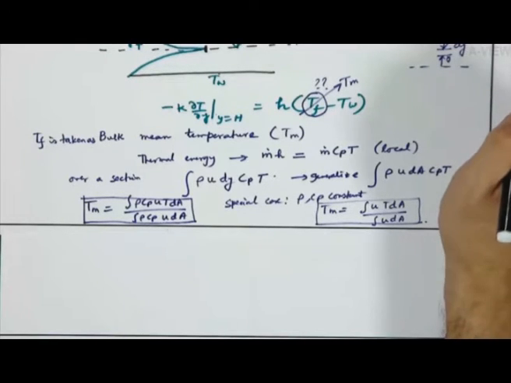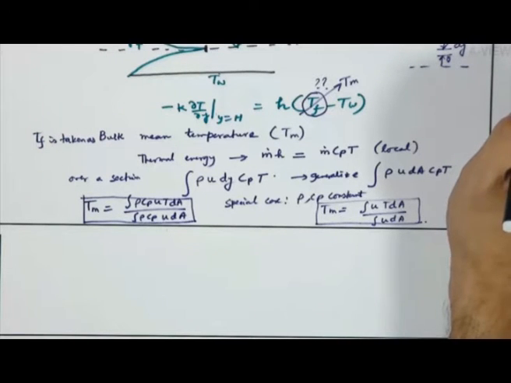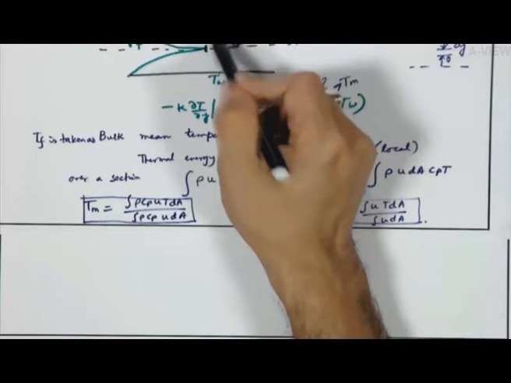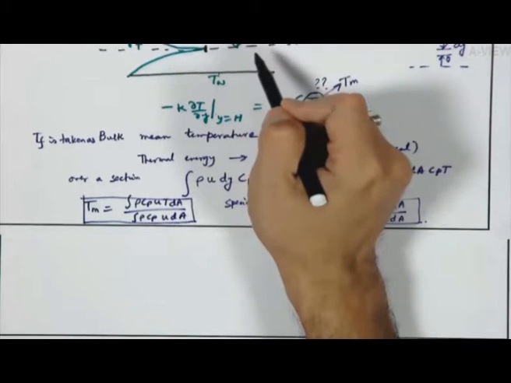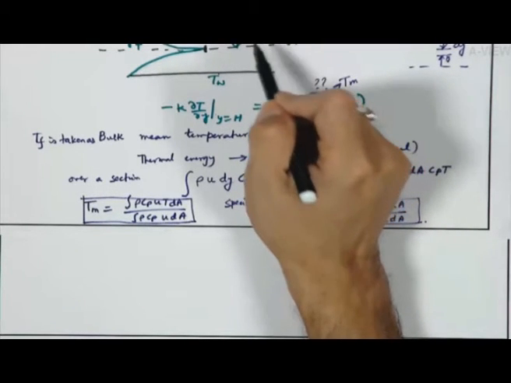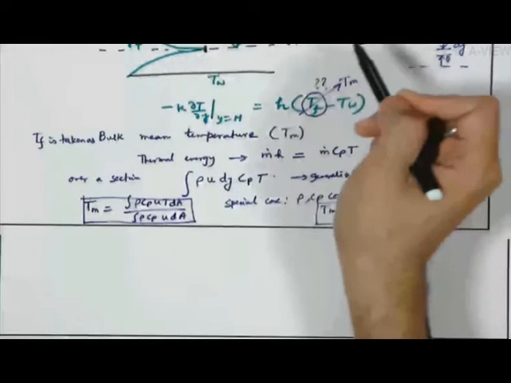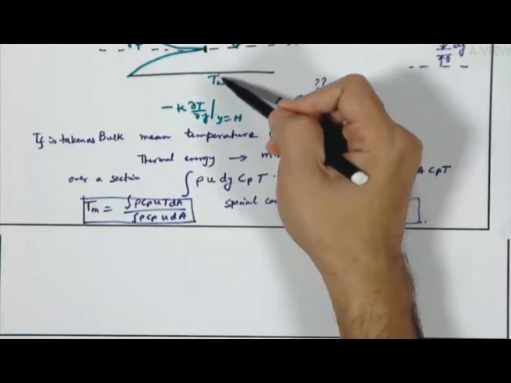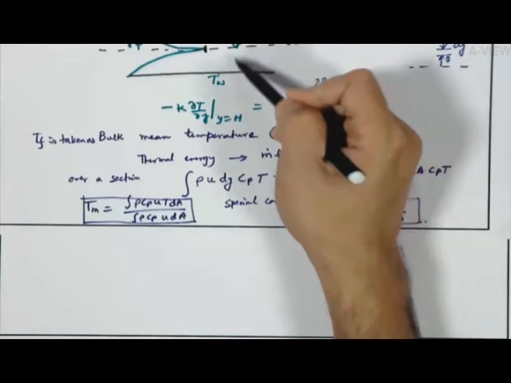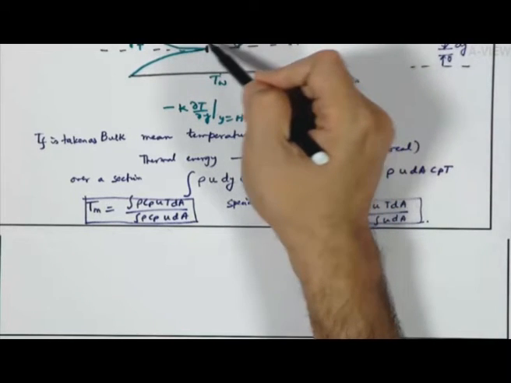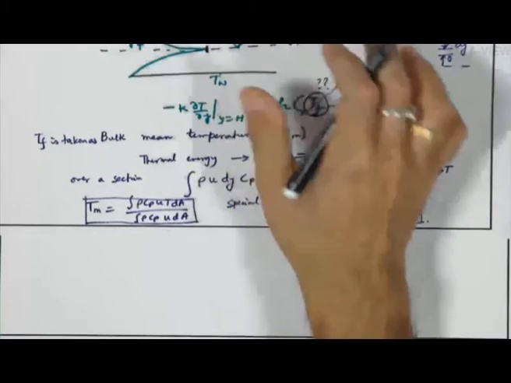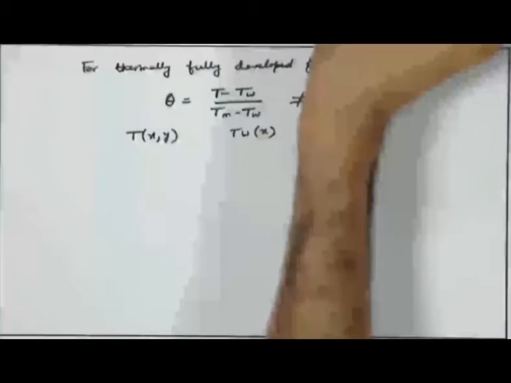So, this is a very important conceptual difference between hydrodynamically and thermally fully developed flow. For hydrodynamically fully developed flow, the velocity will not change after the flow becomes fully developed. But for thermally fully developed flow, the temperature can still change, because you are consistently allowing heat transfer at the wall because of the temperature difference. So you will have a continuous change of temperature, but what will not change is not T but theta. Theta will not change with x, not T.